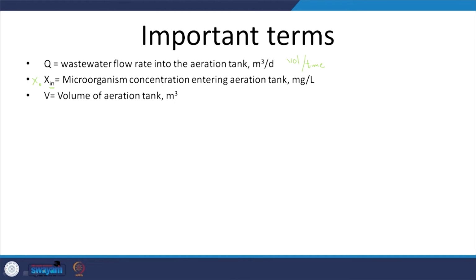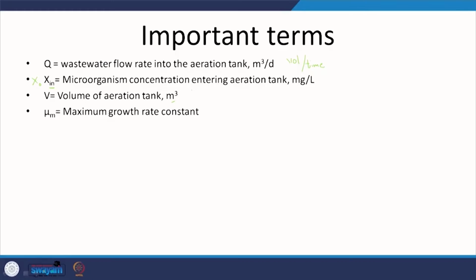Again, volume of aeration tank, not of the secondary clarifier. Why is that? Why are we not really looking at that? Because we are assuming that there are no reactions occurring within the secondary clarifier, because we are not providing any oxygen into the system in the secondary clarifier. And without oxygen, the microorganisms will not be able to degrade the relevant waste or the substrate. Mu, the specific growth rate constant or maximum specific growth rate constant, which will give us